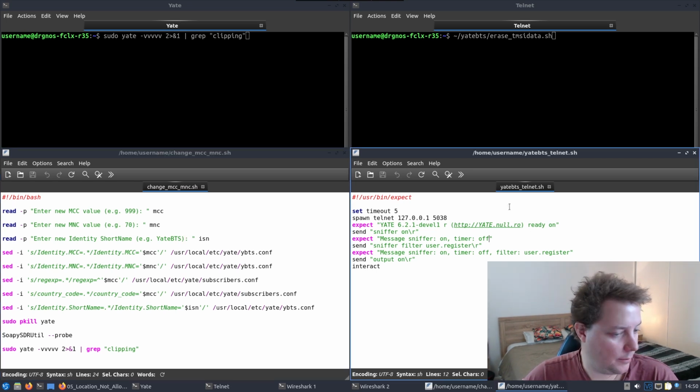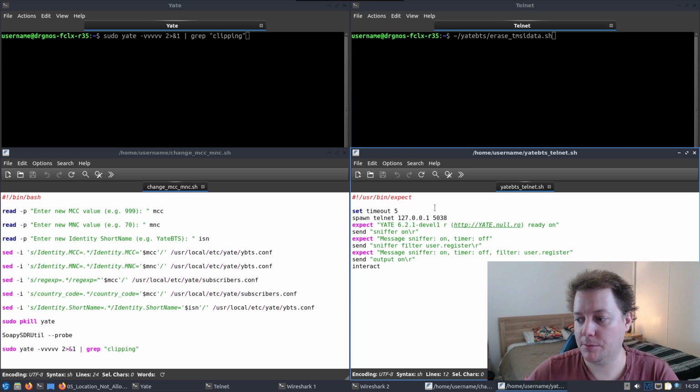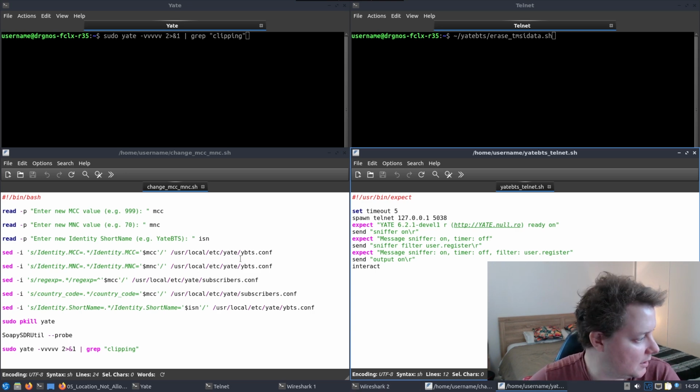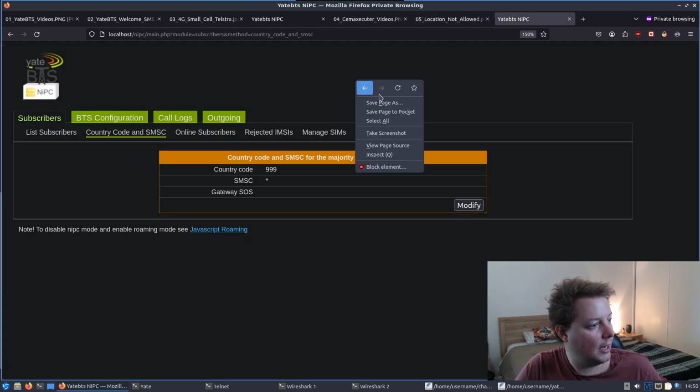This bash script on the right is going to do something very simple, like automatically log us into the telnet server, so we're not typing heaps of stuff in there. It's just going to get us straight to where we need to be without having to type so much text. And the bash script on the left is going to automatically change a few details in the YateBTS configuration for us. So I'll just go to YateBTS, and at the moment